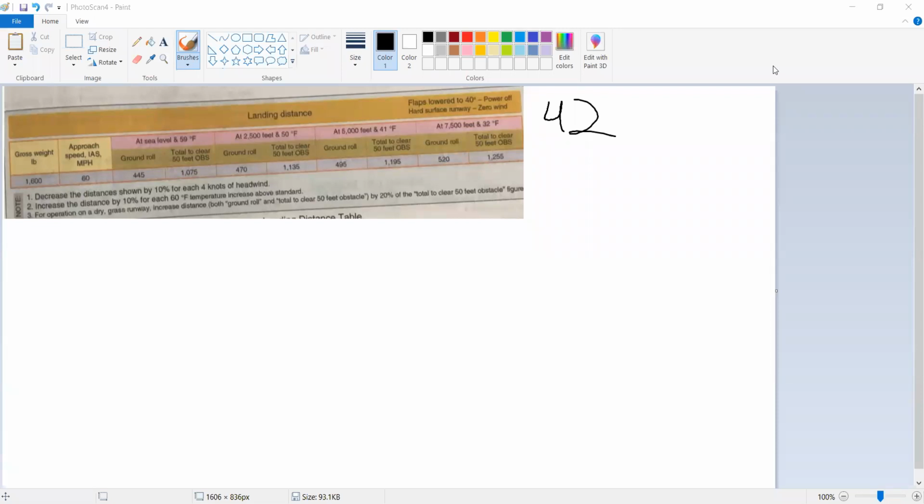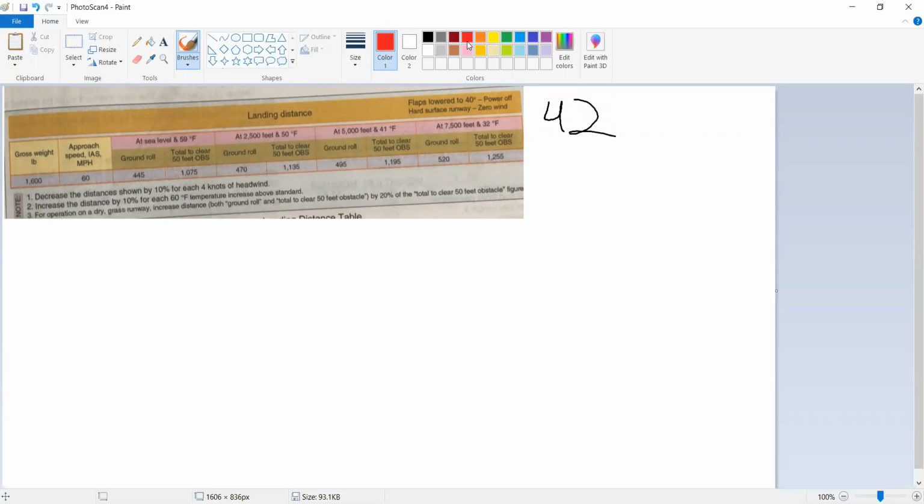Number 42 involves several steps. So we have a 50-foot obstacle. So where does this leave us at? Well, a 50-foot obstacle. We first need to determine which box this includes. So this box includes this 50-foot obstacle